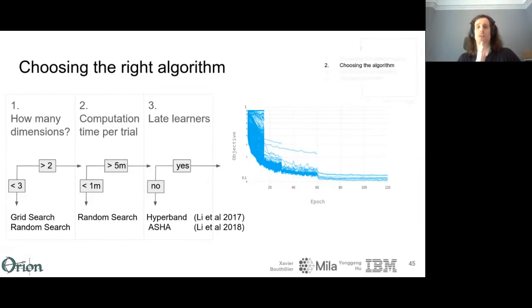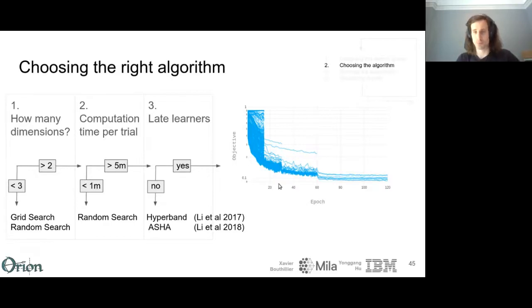They train a couple of them up to some certain number of epochs or time, and then they stop all the worst ones, and they only let a small fraction of them continue training, and they do it again multiple times until there's just a small fraction that reaches the maximum budget that you allow, let's say 120 epochs. So this is super efficient if you have fairly stable training curves, and also if your training curves are not